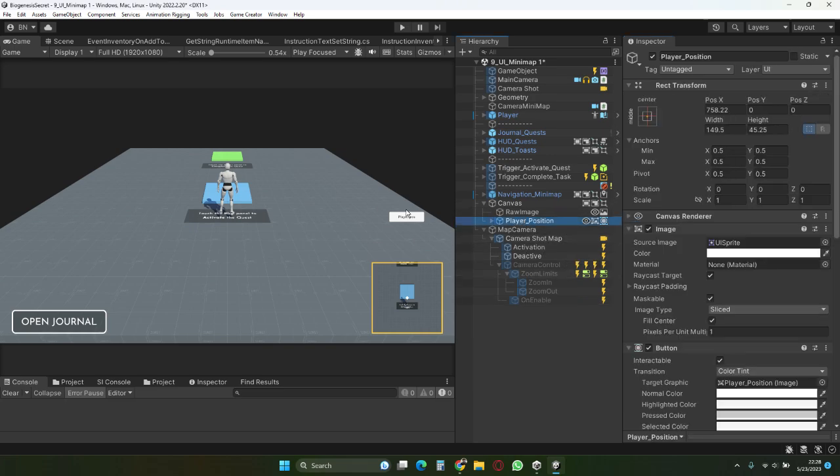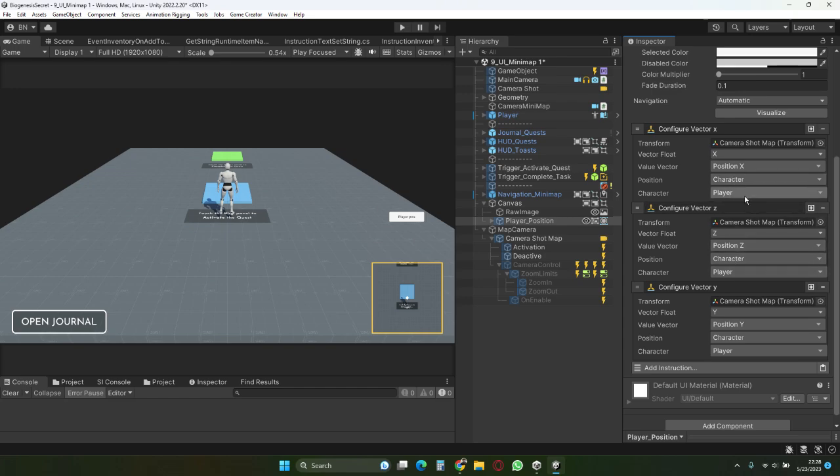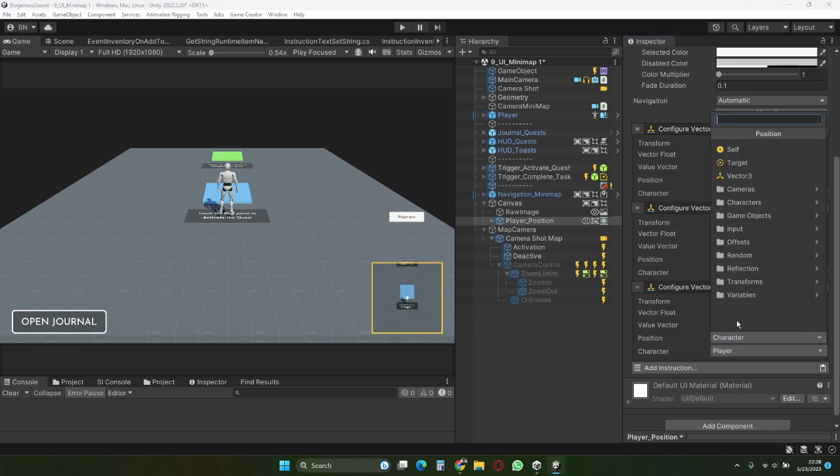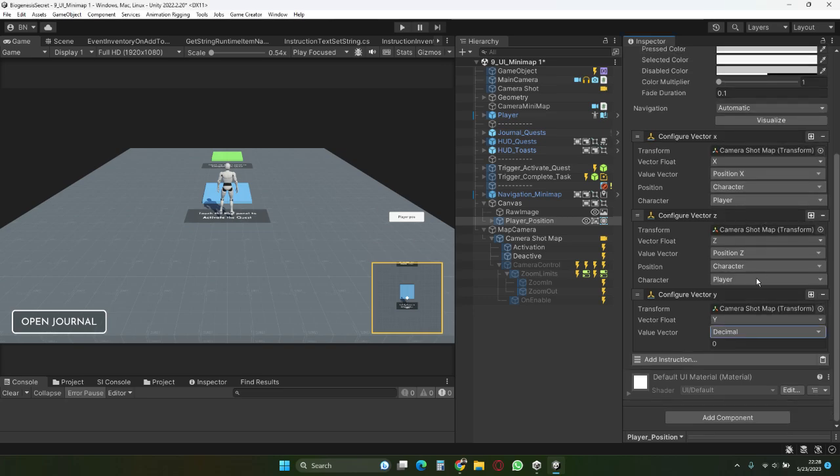Now let's go to the player position button, back where we were. I'm gonna just drag this here. So with Z character, X character of the player, and then the height position, but not of the player over here. Instead of this, we will put a decimal. So here decimal, and this one has to be 35 because we don't want to zoom in too much. So this player position button has to get active again